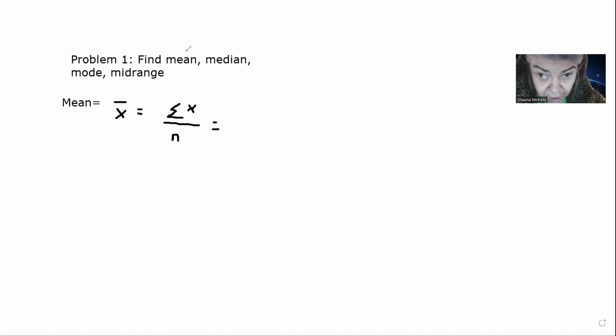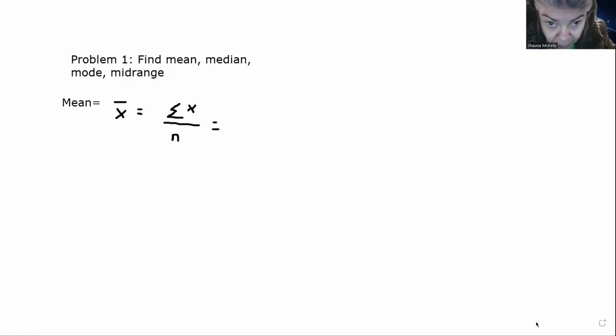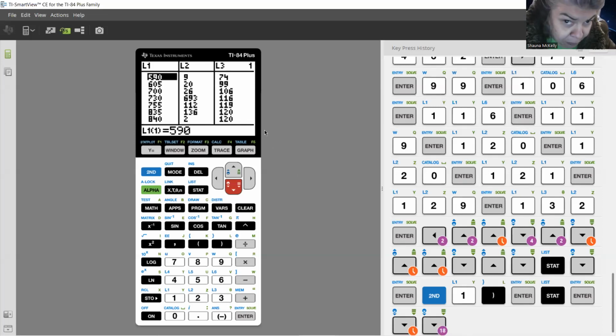Now, there's ways to get the sum. So I'm going to go ahead and you're going to write, to show your work on this first exam, you're going to write out the first few values of the data list. Doesn't have to be, I mean, this has a lot of data, but we just want to know that you know what you're doing. So if I write 590 plus 605 plus 700, okay, plus 730,